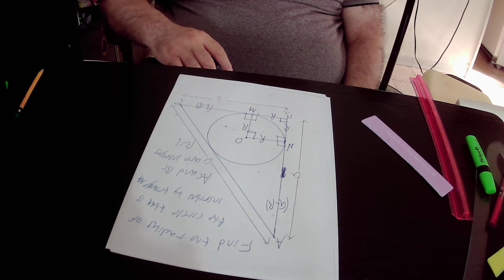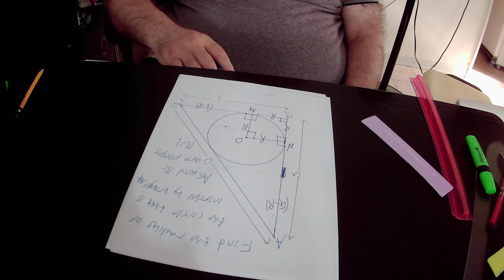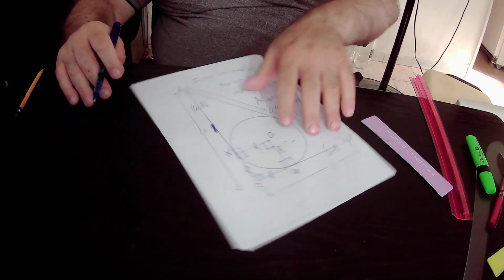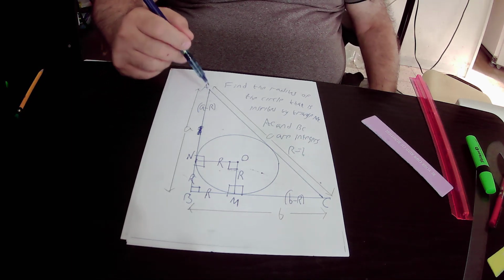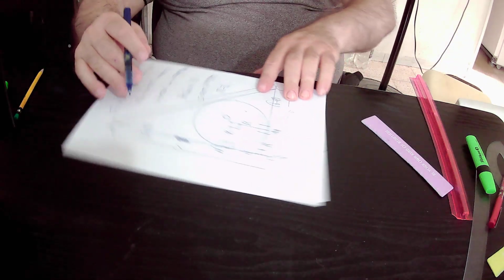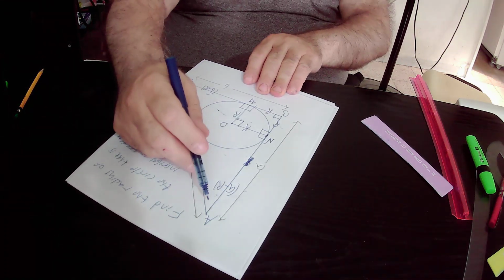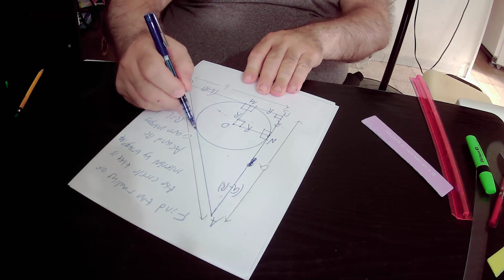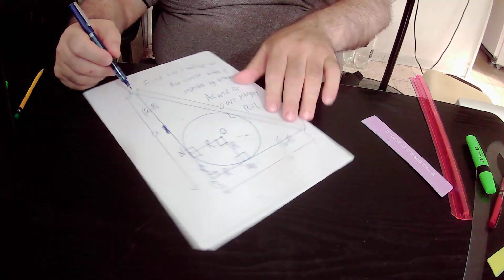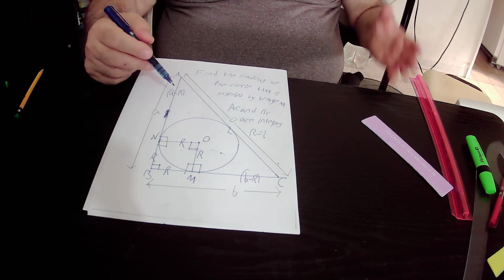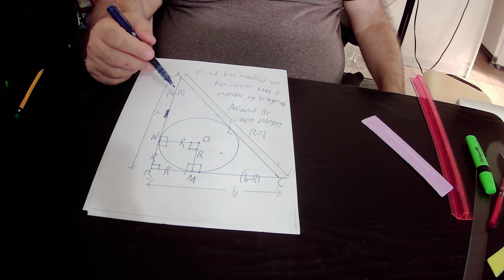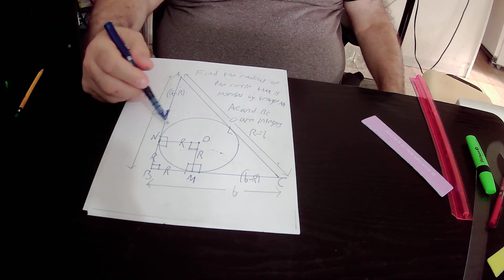According to rule number 2, the lengths of 2 tangents from a common external point to a circle are equal. I repeat again, the lengths of 2 tangents from a common external point to a circle are equal. So if we focus on the common external point, point A, we have 2 tangents to this circle: tangent AN here, and the second tangent, where we define the point of tangency of tangent AC with this circle as L. So from point A we have 2 tangents to this circle, tangent AN and tangent AL, and according to rule number 2, they must be equal to each other. That is to say, AN equals AL